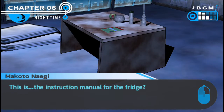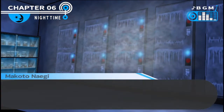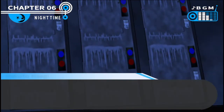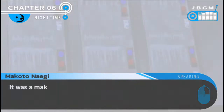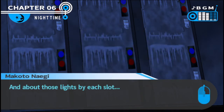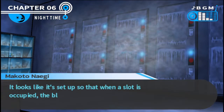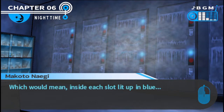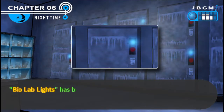This is the instruction manual for the fridge? The right-hand lights are off. Well, looking around, I think I get it. It seems clear to me now. It was a makeshift morgue. About those lights by each slot. It looks like it's set up so that when a slot is occupied, the blue light comes on, which will mean that inside each slot lit up in blue, another one of the victims is...